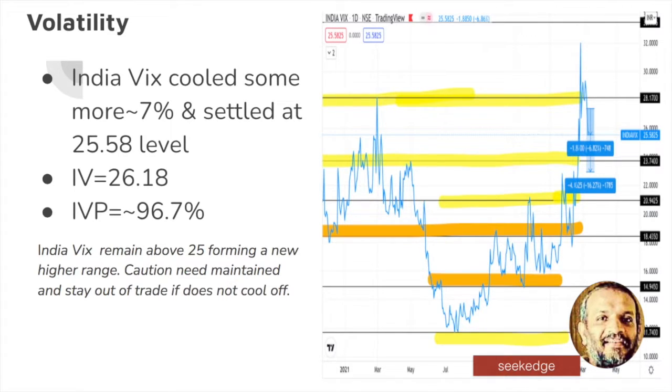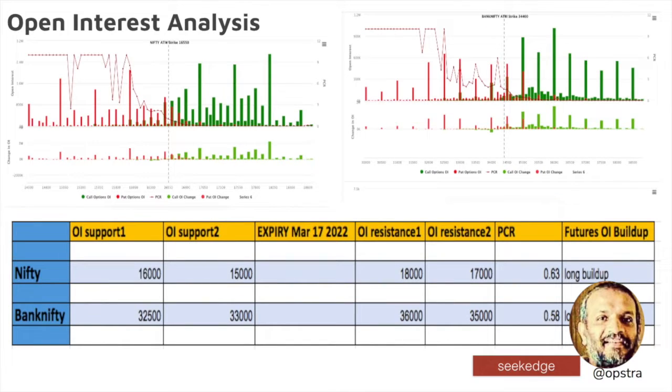A substantial amount of fear in the market has come down. This is indicated by the down move from the 30 levels to the 25 levels, right? But still, we are at a very high level, and we have to be cautious until it closes below the 20. Open interest data, right? So today's charts and graphs of the open interest on options data may not be that